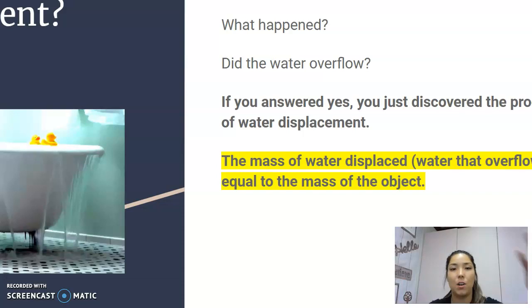In this case, nothing's going to overflow, but it's going to move up and down. Okay, so the water that's being displaced is equal to the mass of the object that you put inside the water. Okay, so I'm going to give you guys a bunch of examples of this, but basically what you need to know is that your water is going to move up and down. Okay, and when that water moves up, the amount that that water moves up is going to be equal to the mass of that object that you put in the water. Okay,